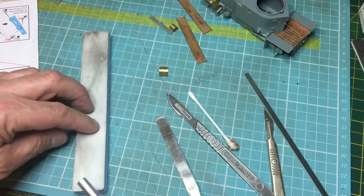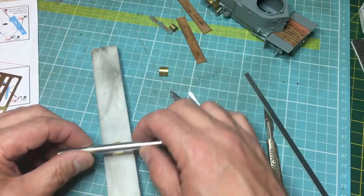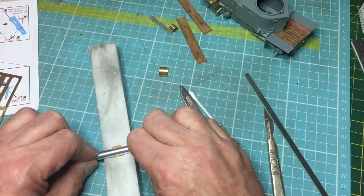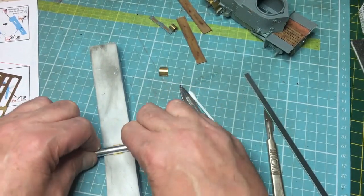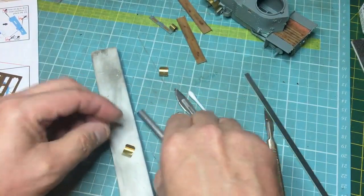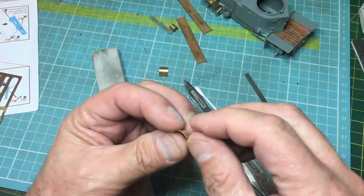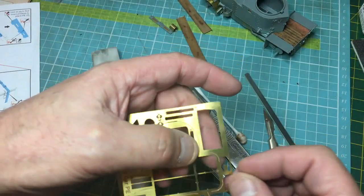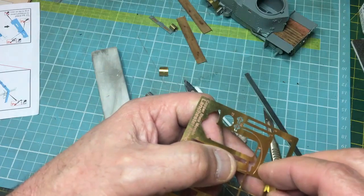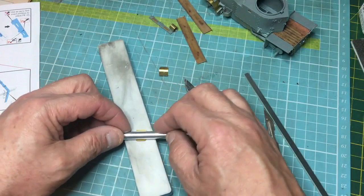So all I'm using here is a soft Flory model sanding stick, and then I'm taking a model knife handle, and just pushing it down in the middle and rolling it slightly, not going right to the end. This isn't like making a cylinder, you actually want straight ends on this, and what you're after is the ends to be 90 degrees to each other. So I'm pushing quite hard, and then we'll just try that in that recess, and we can see that we're very close. Just needs a bit more on the front here,